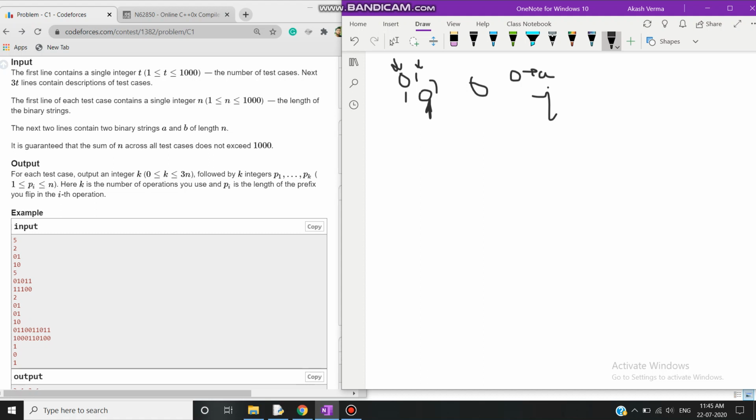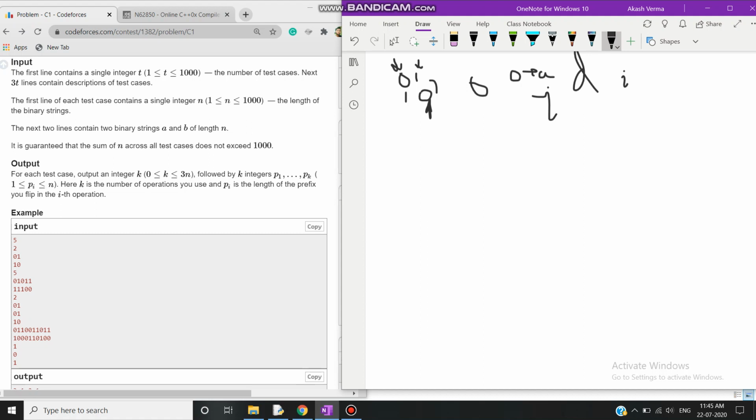Now if the bits are different, then just simply take a prefix of length i in A and perform the operation, meaning flip the bits and reverse it.